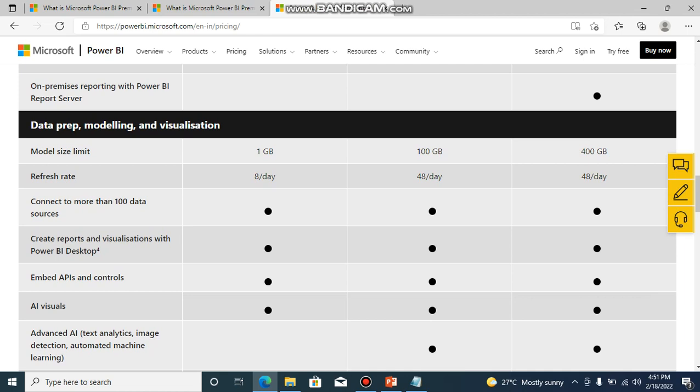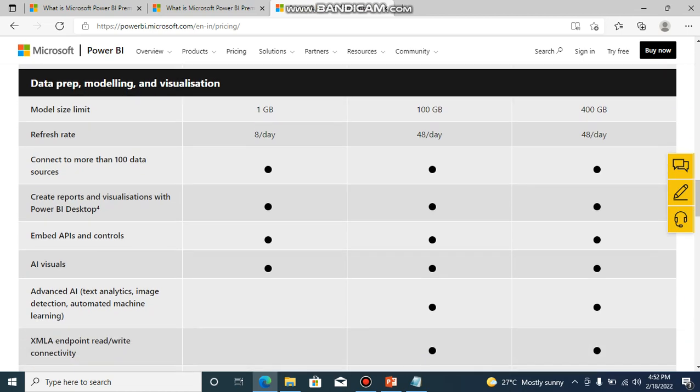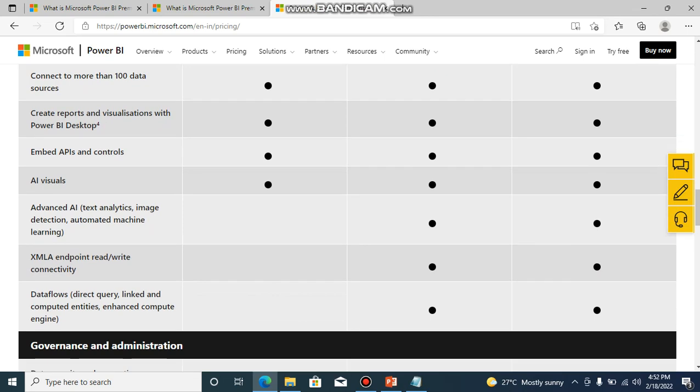Same for Embedded: we can see creating report visualizations, and everything in the dark circles is enabled. Once you come to Pro, advanced artificial intelligence is not supported with Pro only. It's supported with Premium per user and Premium capacity. Once you have Premium capacity, then artificial intelligence will work for you, and then the XML endpoint. A few of